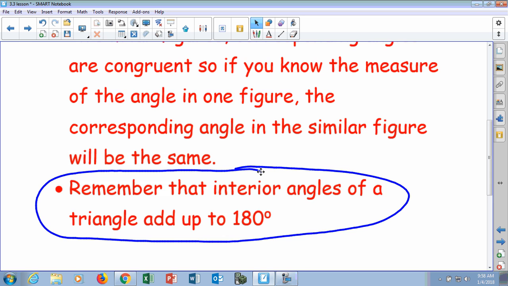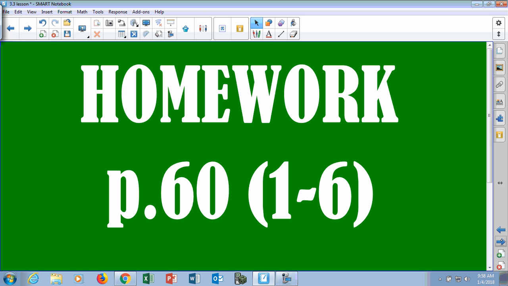Okay? So there is a homework assignment with this. Page 60, 1 to 6. Okay? Page 60, 1 to 6. We're going to